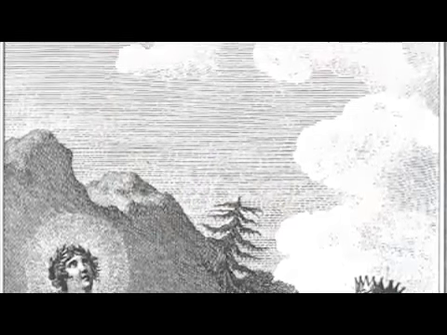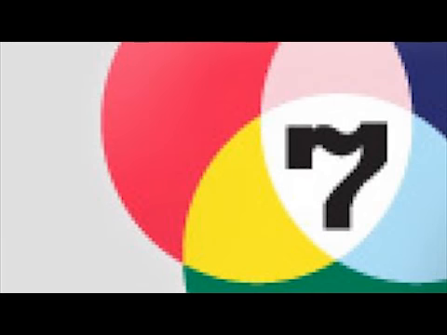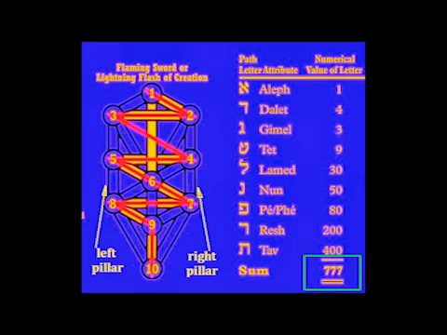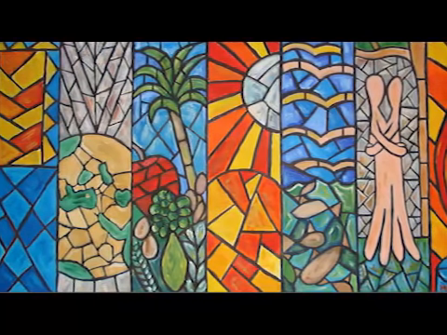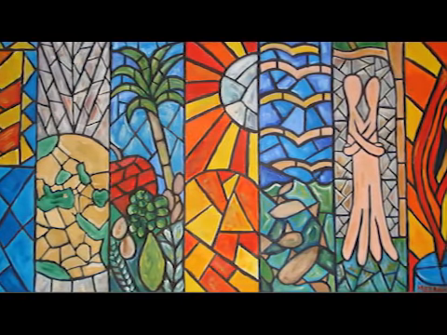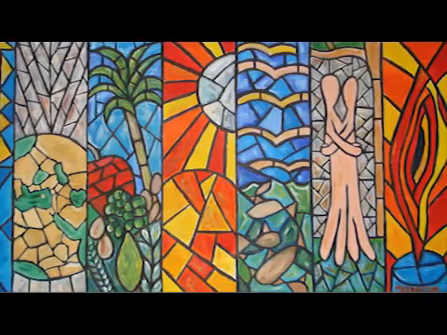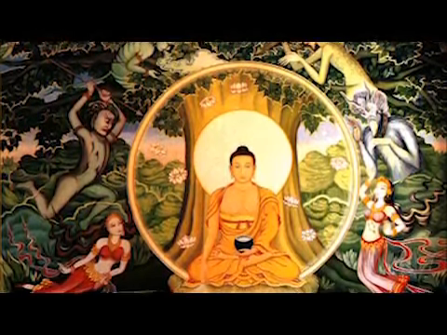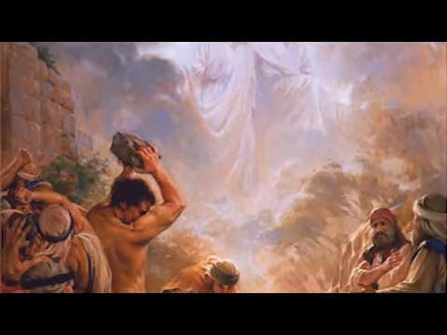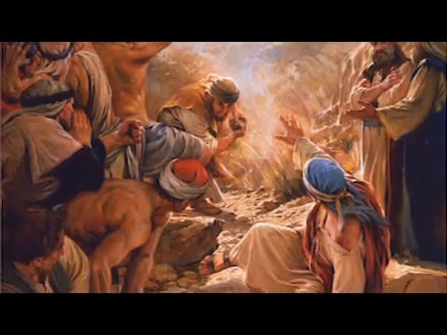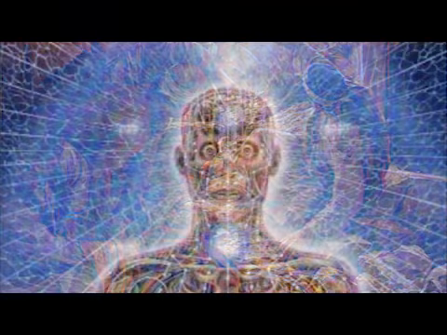Netsah is also the seventh realm of the Tree of Life. The number 7 is associated with perfection. The number associated with the enlightened man is 777: intellect, ego, and compassion. The planetary bodies correlate with 7 days of the week, 7 days of creation, seven dimensions, the 7 gospels, the 7 chakras,